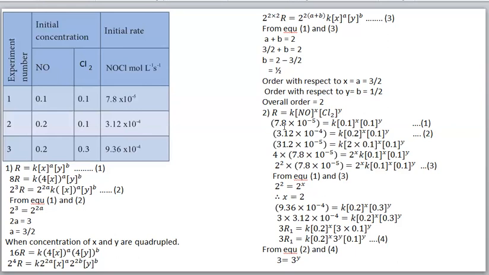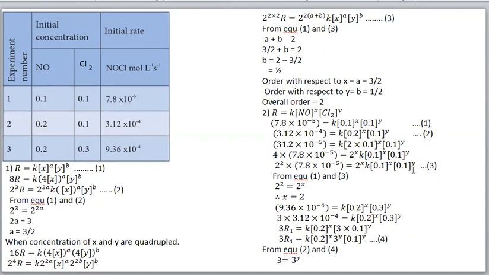Now you check exactly. 4 8s are 32. 2. Balance 3. Then 7 4s are 28 plus 3, 31. Exactly the same value we are getting. So instead of this number we can write 4 into this value. Okay. Then 4 is equal to, here right side you see, here there is no 4 term. 2 is there. So we can write 2 to the power 2. Instead of 4 we can write 2 to the power 2. So 2 to the power 2 into 7.8, this same value, the remaining value as it is we can write.